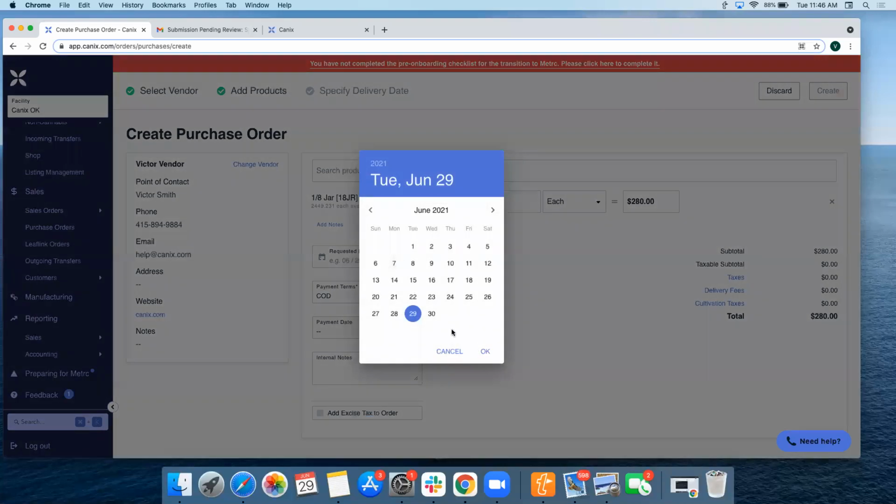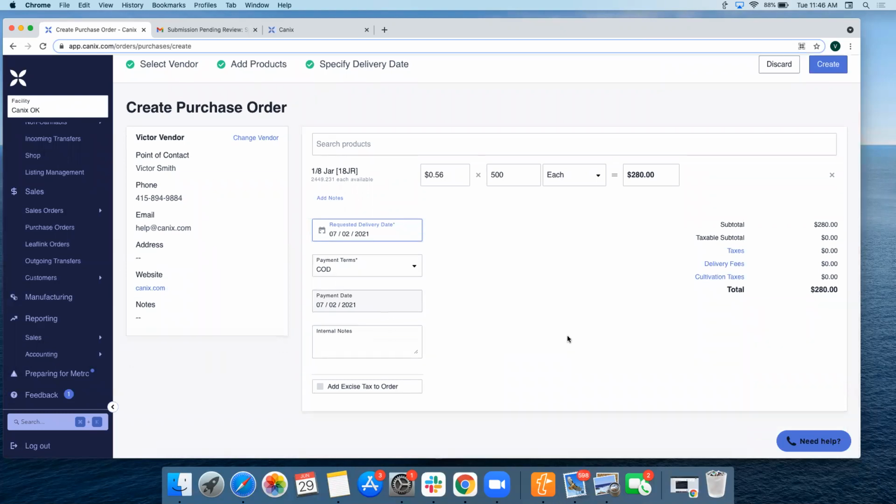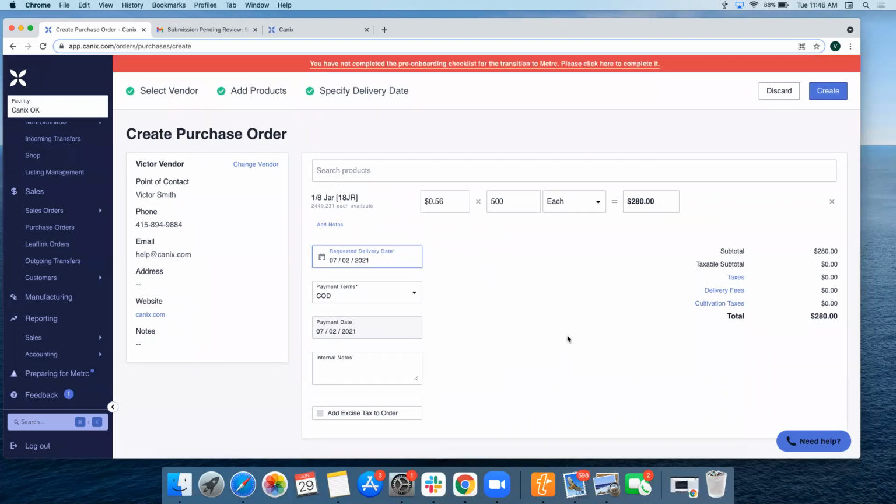Then we have the requested delivery date. Again, it's important to consider that lead time. Let's say I need that by July 2nd. Enter the payment terms, payment date, internal notes, if those are applicable. In this instance, I can continue adding other products. If I need stickers and lids and everything like that, I can create that purchase order in that way. Once I click create here,